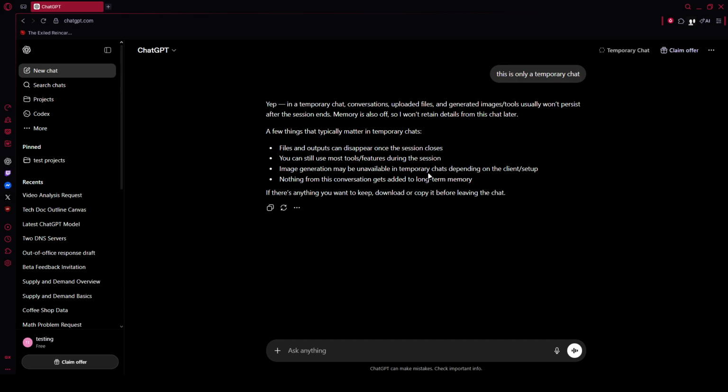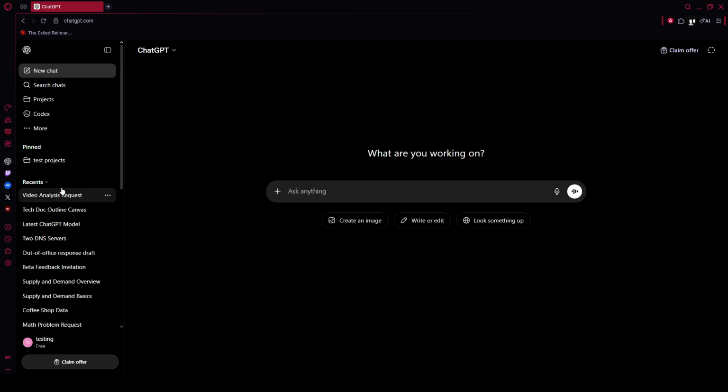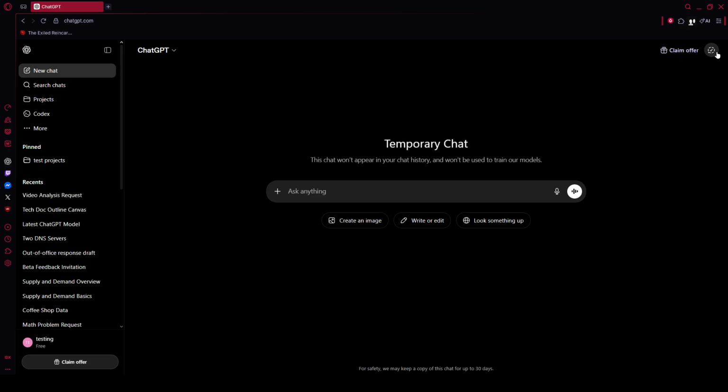In temporary chats, none of that sticks. No sidebar logging, no long-term memory, no training use, files vanish when the tab closes, and back-end retention is scheduled for deletion within 30 days. That's it. Tapping the temporary button is the fastest way to test ideas, draft quick copy, and keep your main